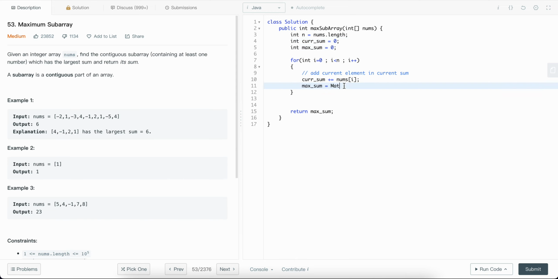So how are we going to get the maximum? Using the Math.max function of Java: current sum comma max sum. Okay, so as you can see, if we start iterating from this index, minus 2, 1, then it's going to give us the max sum as minus 1, and if we add this minus 3, it's going to give us minus 4, then if we add 4, it will give us sum as 0, because 4 and minus 4 are 0, and